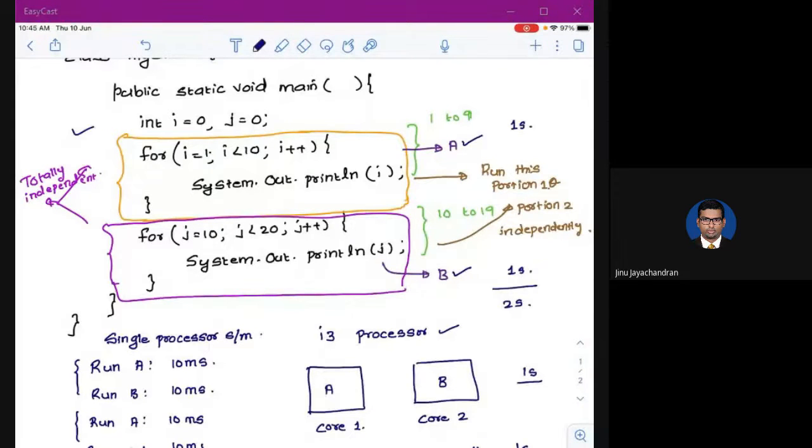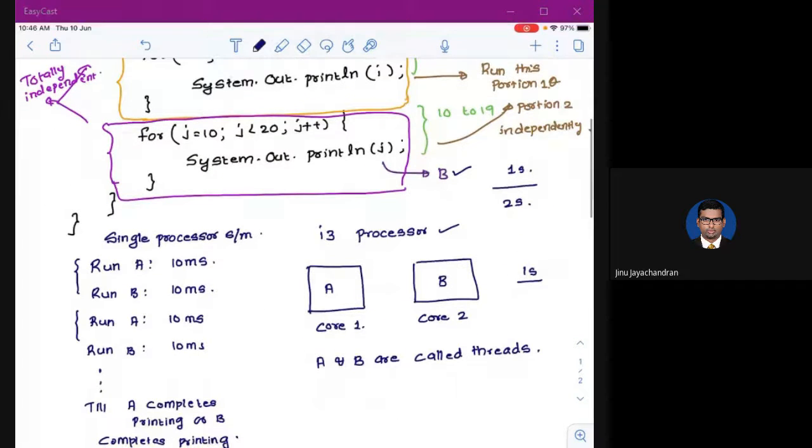So I hope you have understood a basic idea of what a thread means. It is not simple. I have explained it from a layman's point of view. The actual threading mechanism is very, very complicated. I have explained it just to make you understand what a thread means. That's all. There are a lot of states and everything that will come into the picture, which we will see one by one. But this is what a thread means. Basically, a thread means you can run or slice the program.